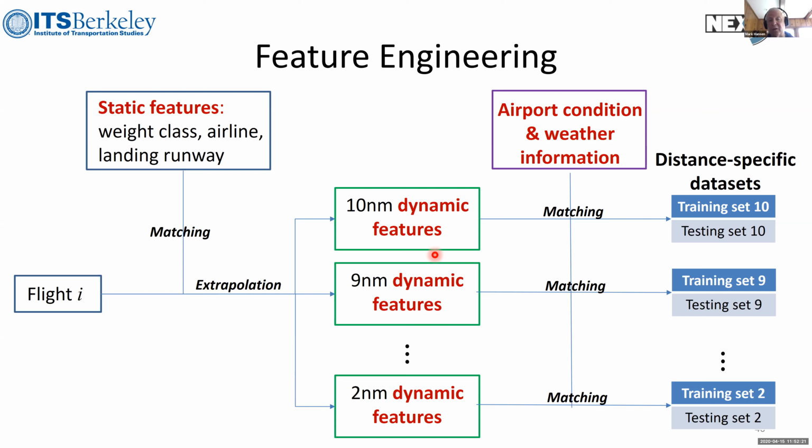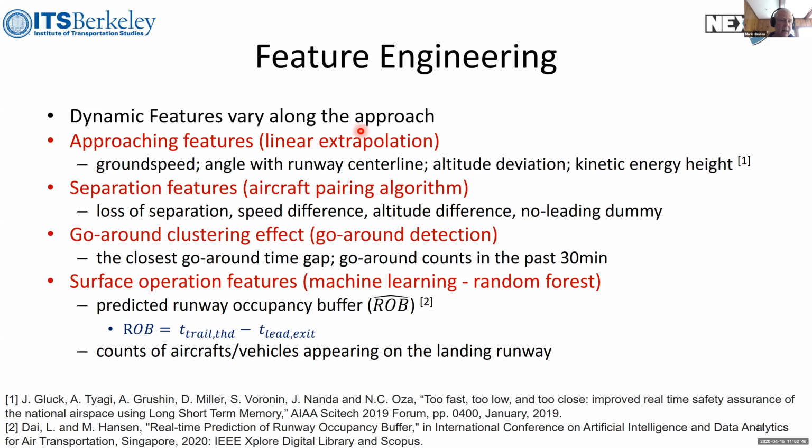So at different distances from the airport, we get a set of features that we then use to see if those features are predictive of a go-around. So we have a training set and a test set at 10 nautical miles, 9 nautical miles, 2 nautical miles. And we have a set of features that we look at. These include features related to the geometry and the speed of the approach, the separation of the aircraft in question